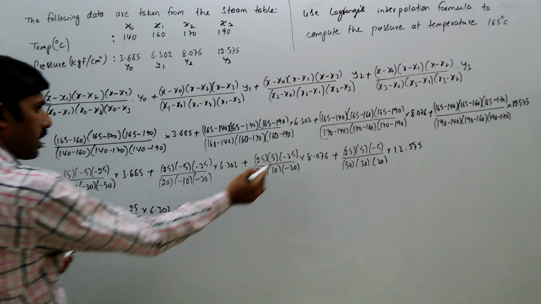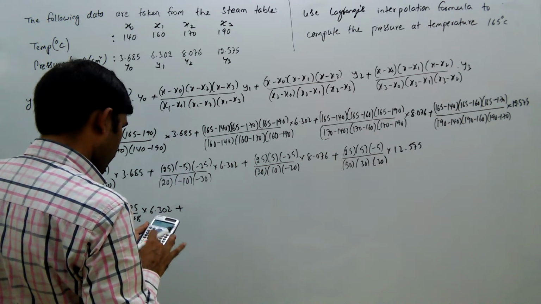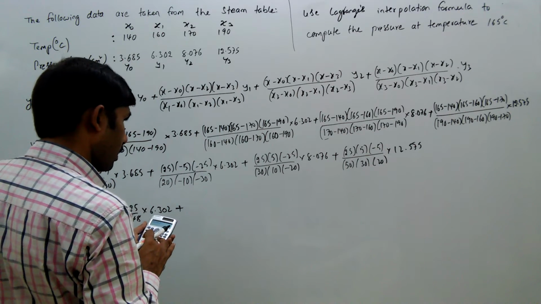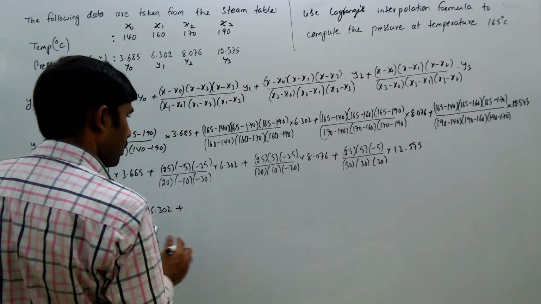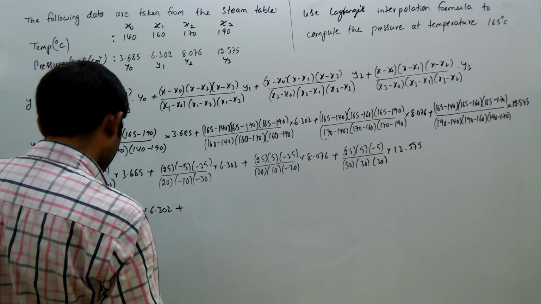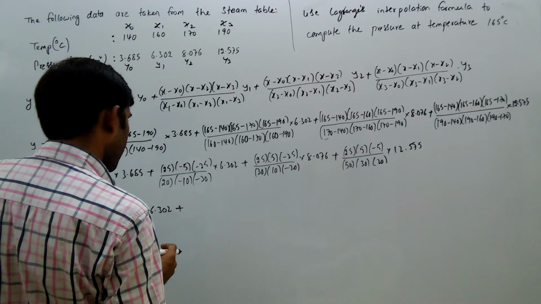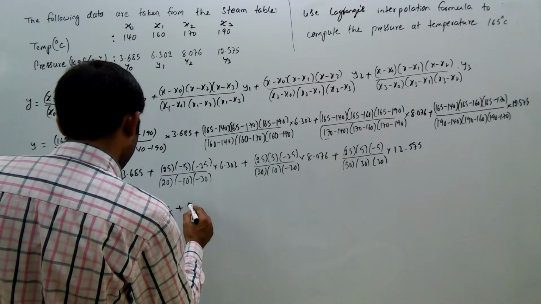Here plus, here minus cancel, plus 25 into 25 into 5 by 3 to 6,000. This also 25 by 48. 25 by 48